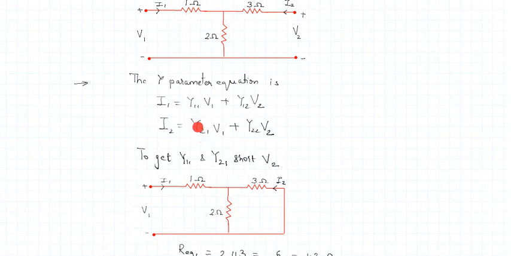So when we are finding these two parameters, what we observe is that to get y11, we need to make this parameter 0. Similarly, to get y21, we need to make this parameter 0. So to get y11, we need to make v2 0, and to get y21, v2 should be 0. That's the reason why we are finding these two by making v2 0. Once we make v2 0, we can get these two parameters. So the process starts with finding y11 and y21 by making v2 0.